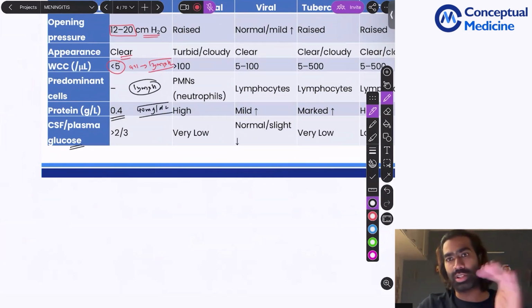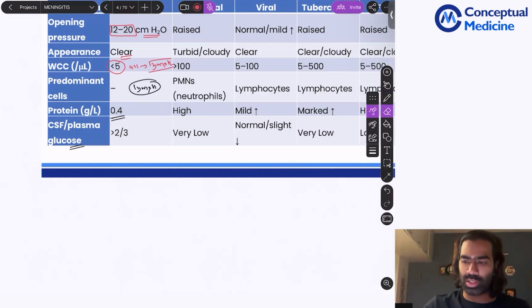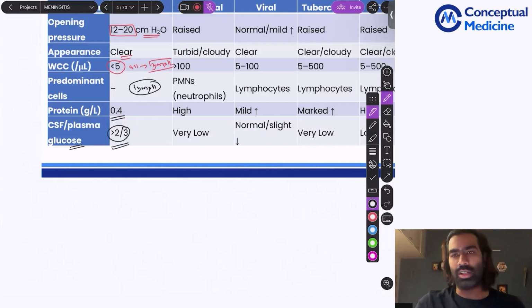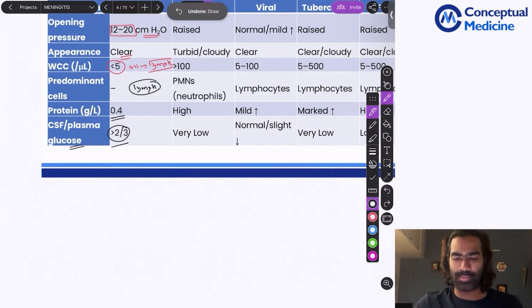You all know that because in a patient who's a diabetic, CSF glucose also can be fairly higher. So if you want to say what is the normal glucose, it's going to be 2/3 of the serum glucose. So if the serum glucose is 100, then CSF glucose is expected to be around 65, or 60 to 70, not more than that or not less than that.